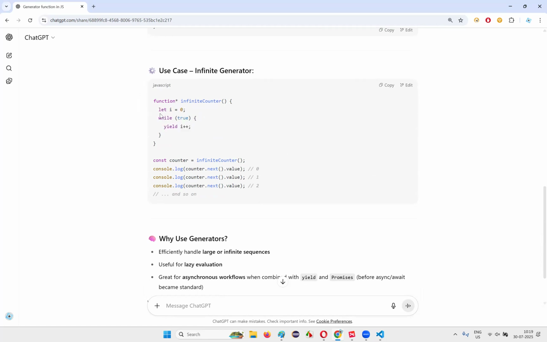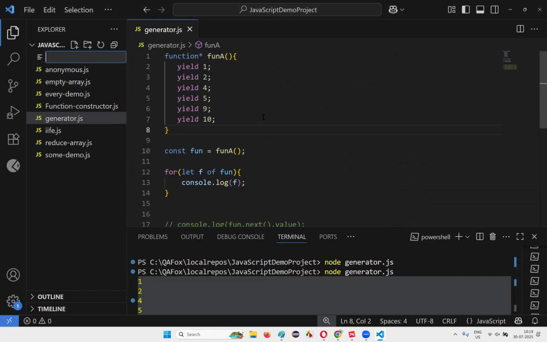The yield keyword you have to use here, okay? Every time you can use the yield keyword here and it will return. First it will start with i is equal to 0, while true, yield i plus plus. Whenever you call this, this will happen. So let me go here and,